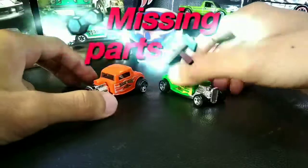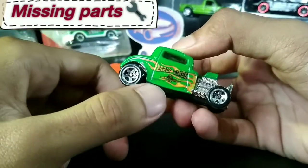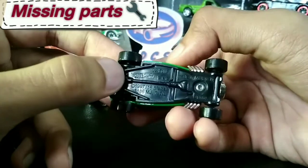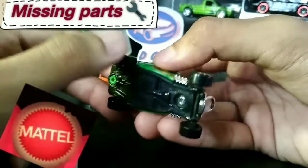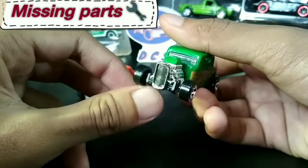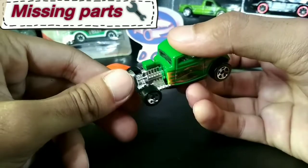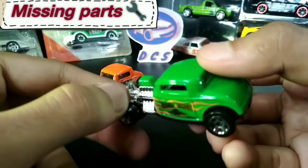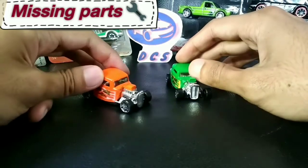Okay, so first, going with the Hot Wheels. It has the early times, the Hot Wheels logo right here, and at the bottom you have the Hot Wheels logo and made in Malaysia and all that stuff written on it. And the wheels are pretty damn cool too. There's nothing much to talk about in terms of missing parts. You have the exposed engine, and the interior's there, that is for sure. As we look at the fake one,